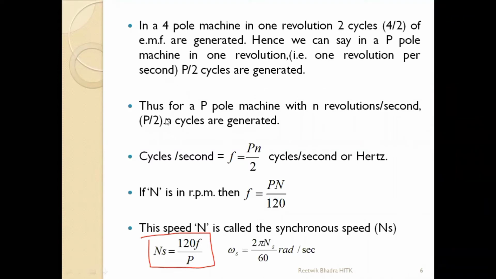Okay. So if it is n revolutions, this is for one revolution. So if it has to go for n revolutions, 50 revolutions, what you will do is multiply P by 2 with that 50. Okay, so P by 2 into n. So if it is n revolutions, my number of cycles into n will be the EMF generated. Now, what is this? Cycles generated. Cycle means what you tell, frequency, right? Cycles per second is your frequency. So this basically is your frequency, which we are getting over here. So cycle per second is equal to frequency is equal to Pn by 2, which is cycles per second or hertz.